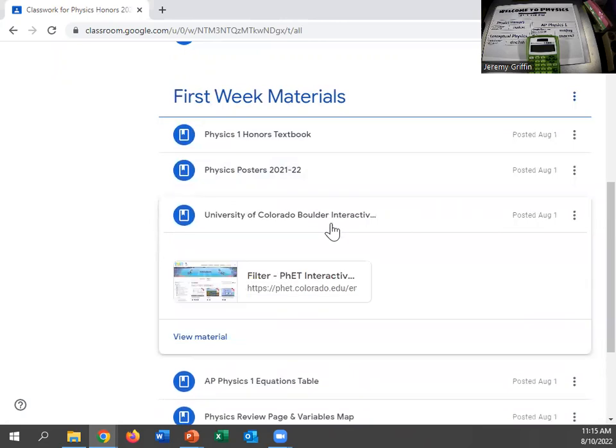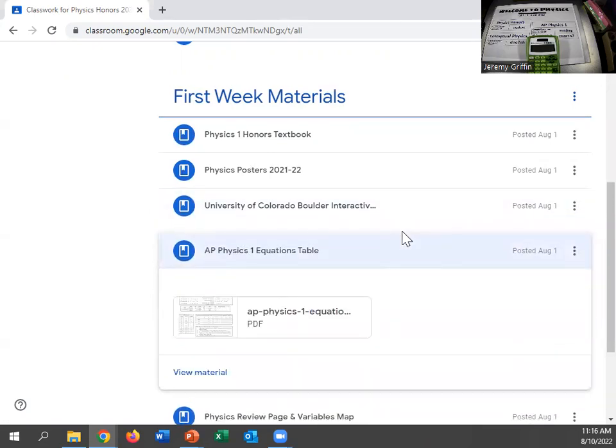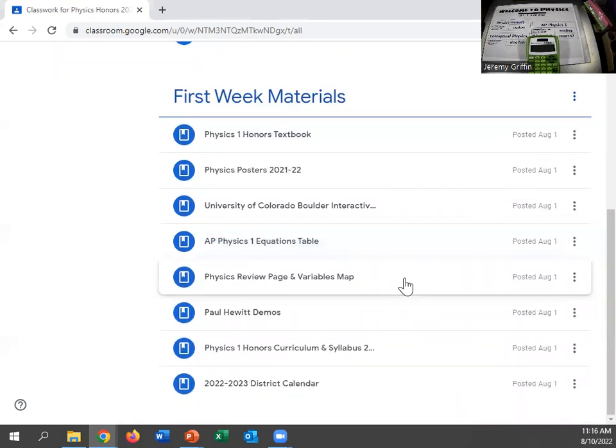University of Colorado Boulder interactive physics demos. This is a good thing to do for homework: explore these materials and go to this website and check out all the interactive demos it has. You guys are getting laptops from the school pretty soon, so it'd be a good tool to use on your laptop. I also gave you the AP Physics equations, and there are some review pages